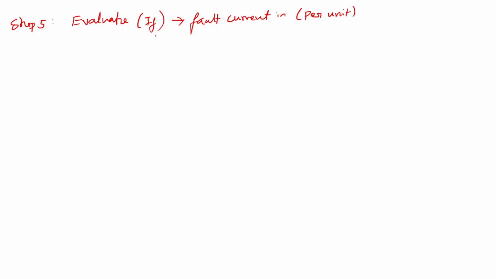Okay, now there is a small question for you all. Why are we going for the fault current? Why do we need to find the fault current in step 5, or usually? Any guess? I explained it in the beginning of the class. Yeah, please tell me.